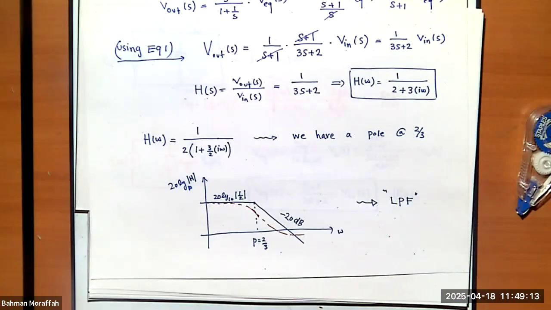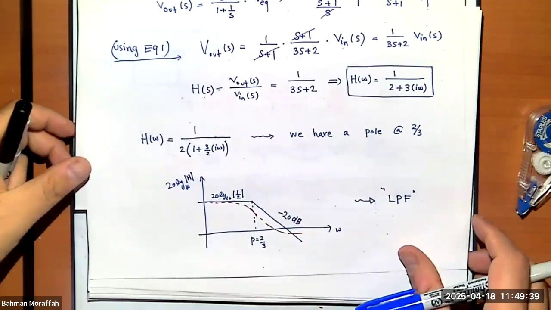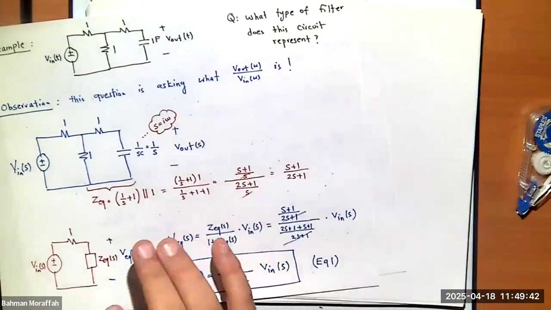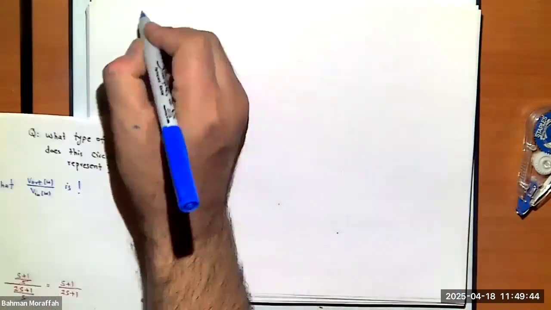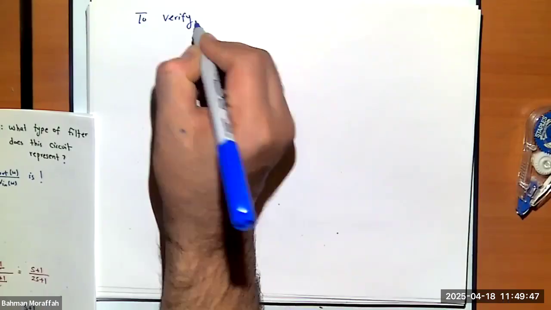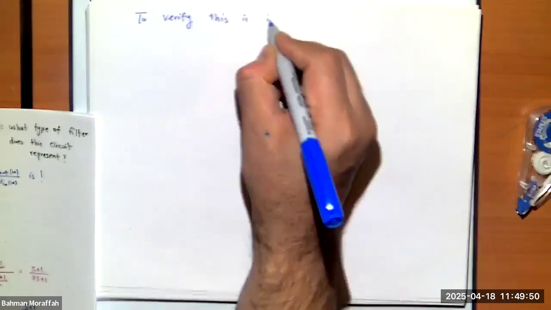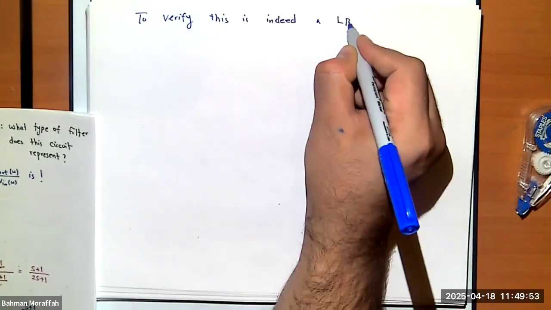Let's verify it. Let's just make sure the graph that we have is actually correct. How do we verify if it's a low pass filter or a high pass filter? We're going to look at the magnitude of H of omega, and we're going to see how it moves around 0 and around infinity. Let's see how it works. So to verify this is indeed a low pass filter,